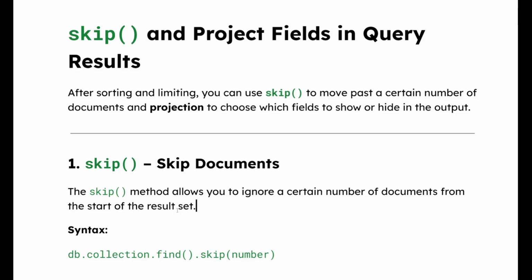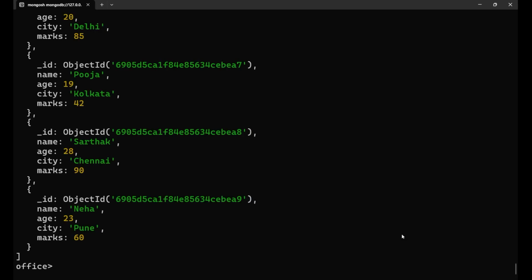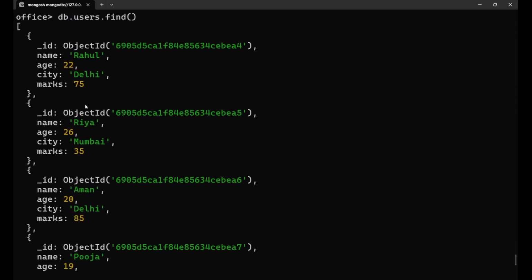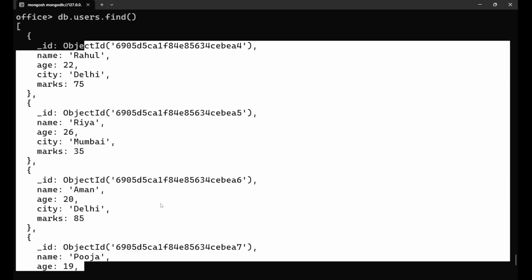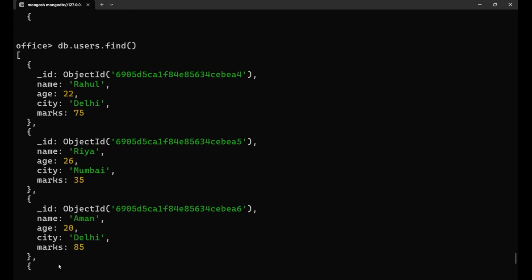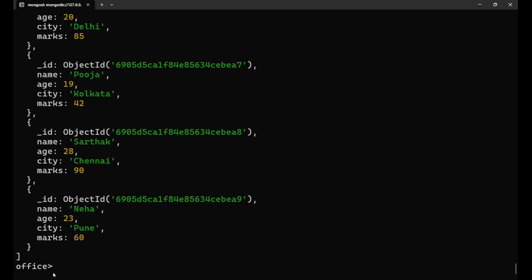So let's go to the MongoDB shell and understand how it works. So I'm inside my Office database, and now if I do db.users.find and press enter, you can check I'm getting six documents here, right? And if I want to skip the top three, what do I have to do for that? Well, for that, we will simply write